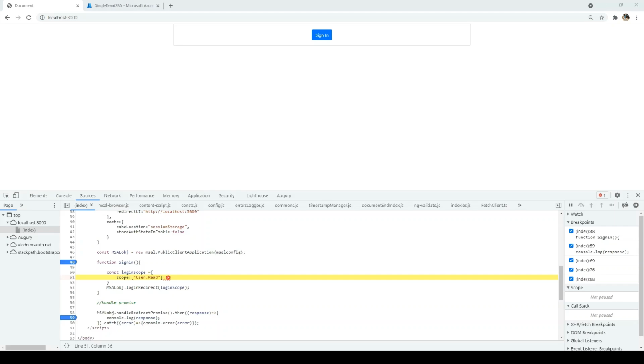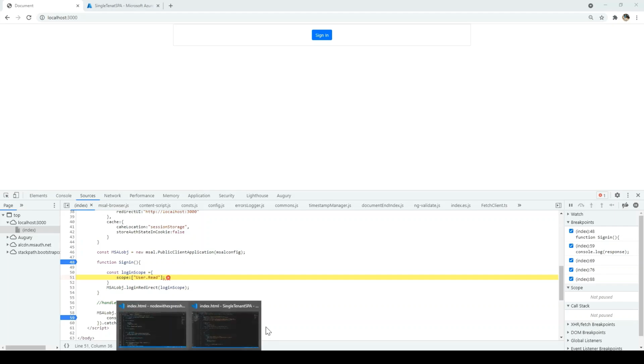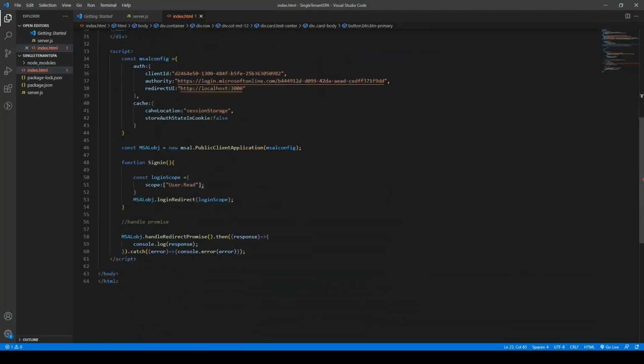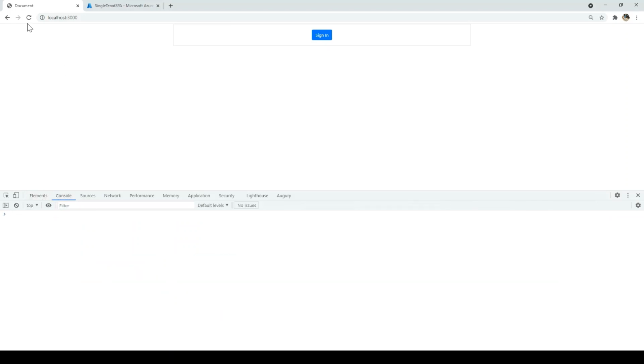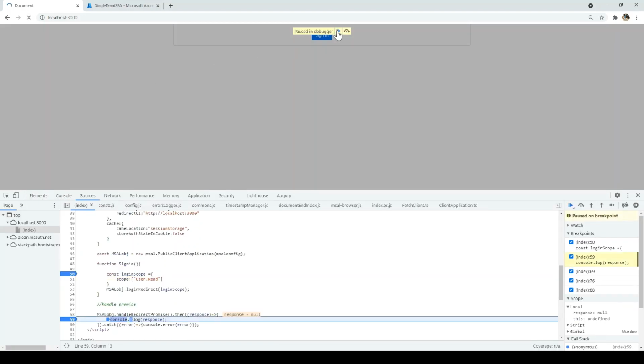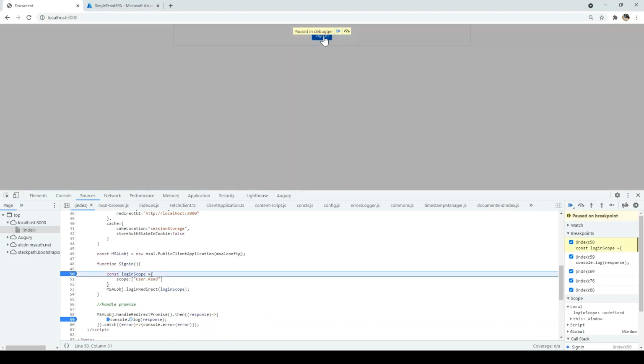So it's saying there's an issue. We'll just go back and fix that. Save that, go back, clear your console, refresh, click on sign in.